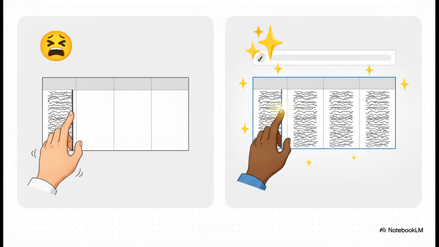And ultimately, they help you get to a much more professional final product. And here's a perfect example. Come on, we've all been there, right? You're just fiddling endlessly with column widths in a table, trying to kill that awkward empty space or stop text from getting cut off. Well, guess what? No more. Now you can just tell your tables and matrices to automatically fill the available space. It sounds like a small change, I know, but it makes a huge difference in getting that super clean, professional look.